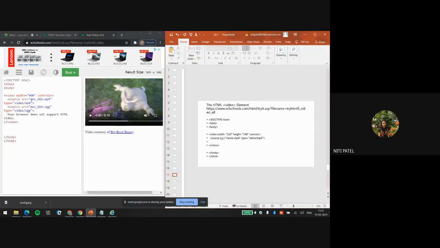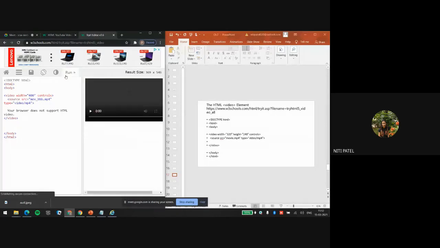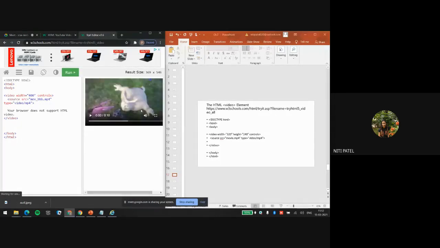What will happen when I write both the formats? जो ब्राउजर को लेना है वो ब्राउजर बाय डिफॉल्ट लेगा, कौन सा ले रहा है we will not come to know. So either you write both the source or whichever you want, you write that particular format. Close the video tag, close the body tag, close the HTML tag. When I run this, the video is ready with me with a height of 250 pixel, width of 400 pixel. I have the controls like play, pause. I have the control like volume also.